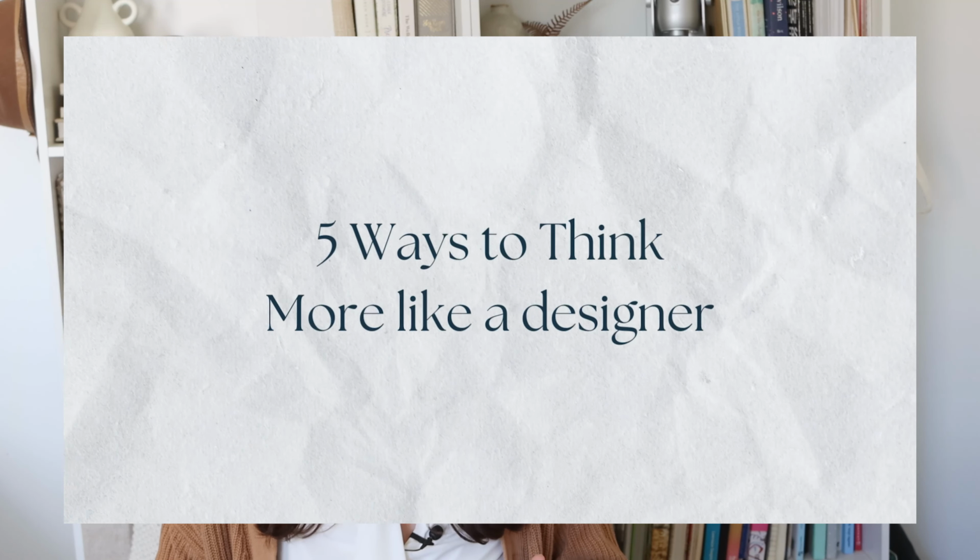As a graphic designer that's been designing for many years, a lot of things start to come quite naturally to me. But I remember those early days when I was trying to figure out design and I'd look through magazines and try and copy layouts because I didn't understand how it worked. And I'd think, oh, surely it can't be that hard to create a nice design, but then when you go to do it, it just isn't working and you're like, how do they do this? How do they come up with these ideas and how do they make the design look good? I get that sometimes it can feel hard if it's not something that comes naturally to you. So in today's video, let's look at 5 ways you can think more like a designer so that you can